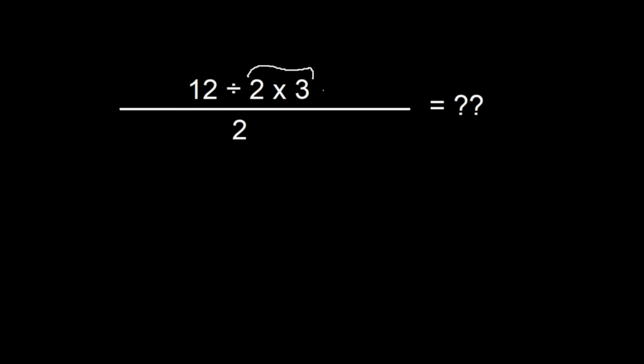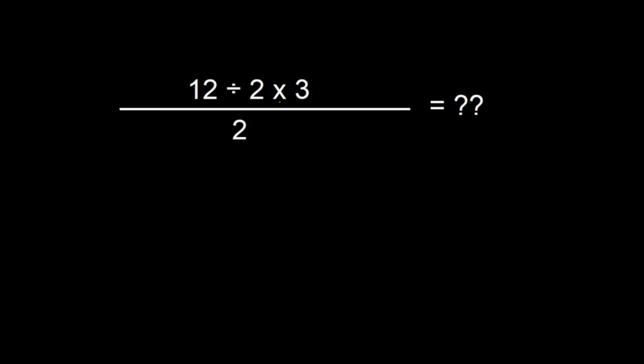So 2 times 3 equals 6. 12 divided by 6. So this is 6. 12 divided by 6 is 2. Divided by 2 is 1. But that answer is incorrect because here we are talking about